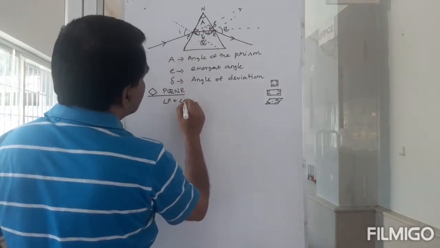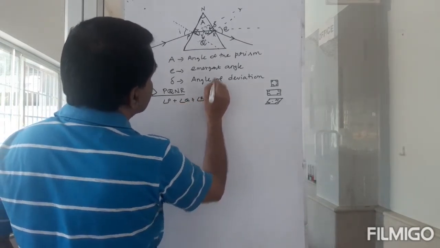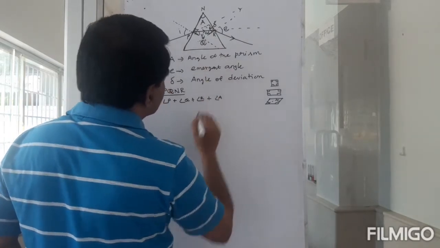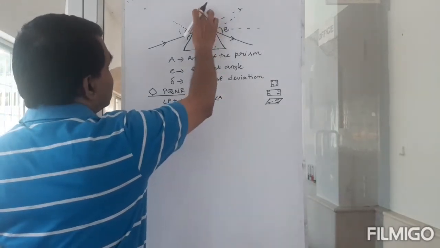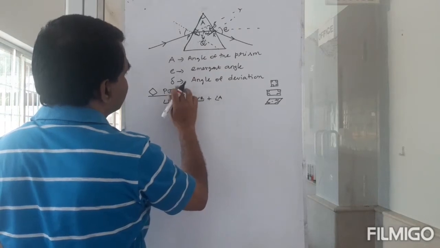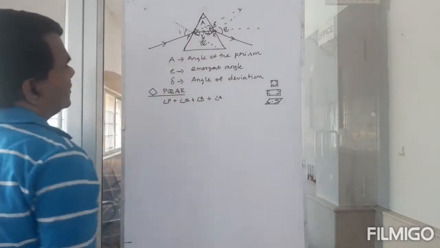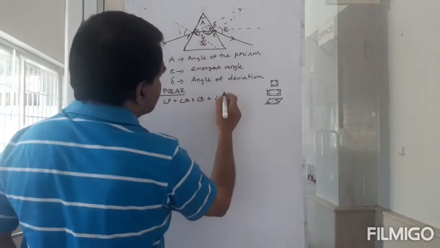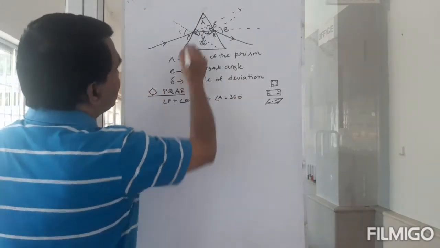Plus angle Q plus angle R plus angle A. Okay, angle A. PQAR should be fine, right? So the sum of all these four angles is equal to 360 degrees. And I know that P is